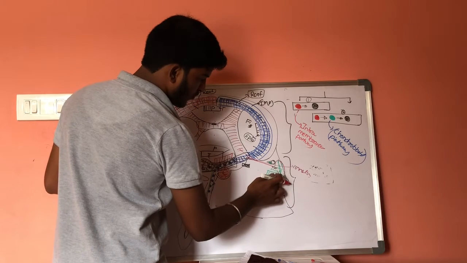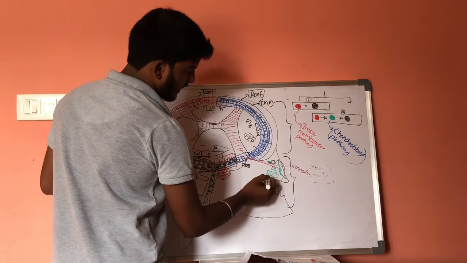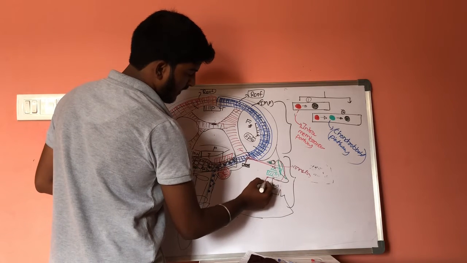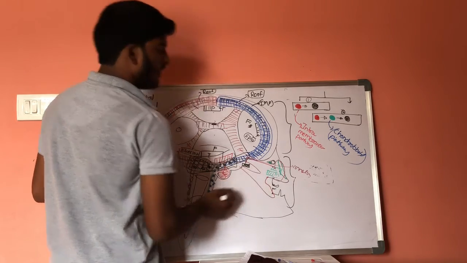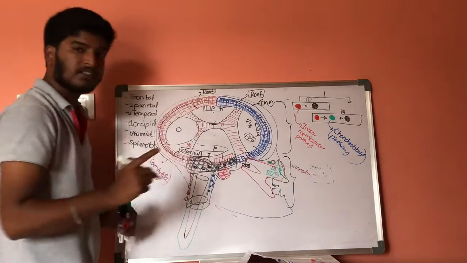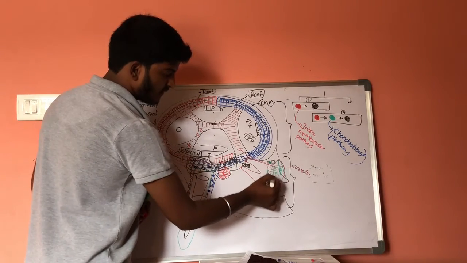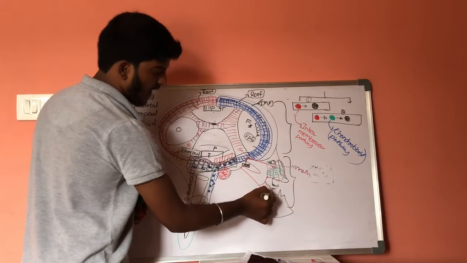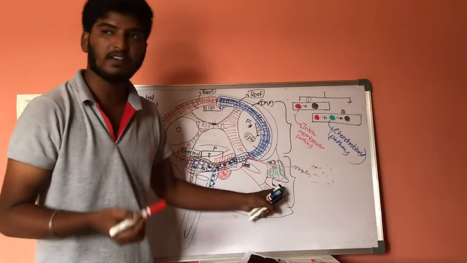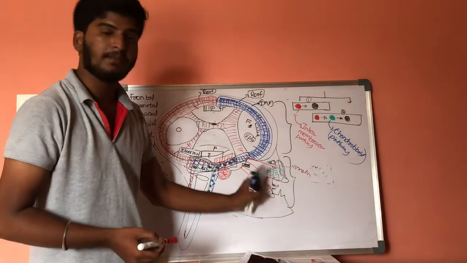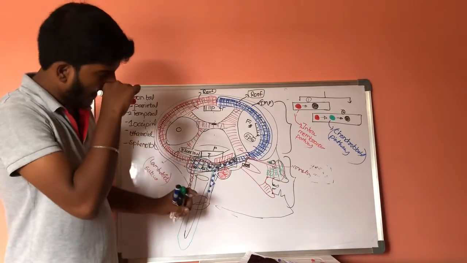It will be cleaved into 2 forms. One is the dorsal form, while the other one is the ventral form. This is the first pharyngeal arch. It is divided into 2 forms, one is dorsal and the other one is ventral arch. Now this dorsal arch is involved in the development of maxillary bones and zygomatic bones and nasal bones and lacrimal bones.